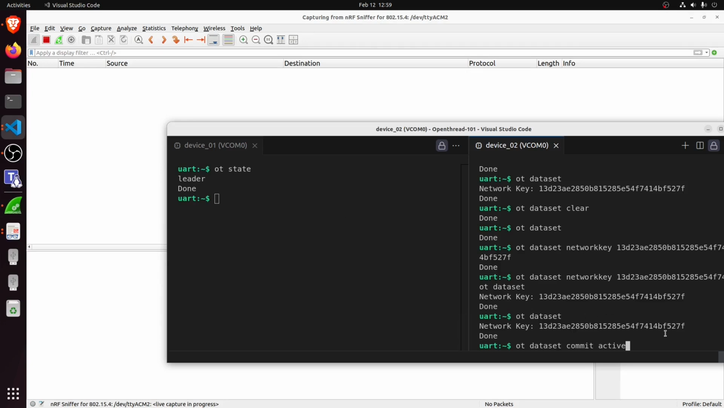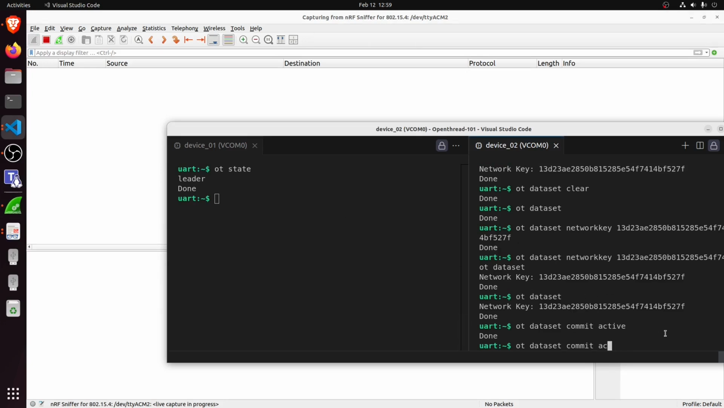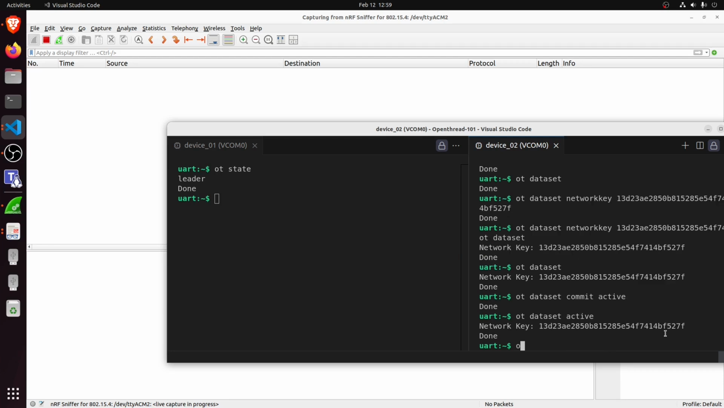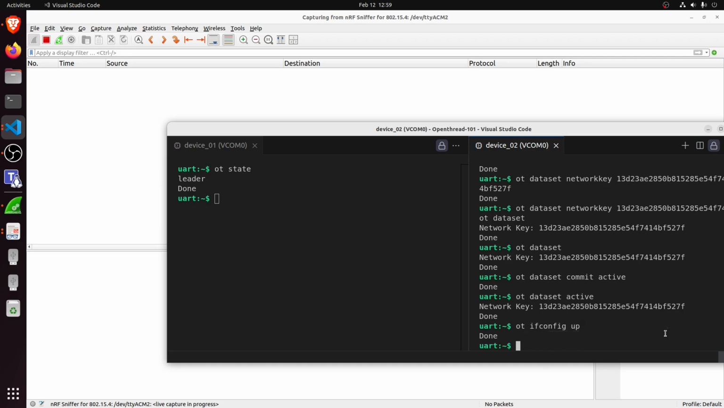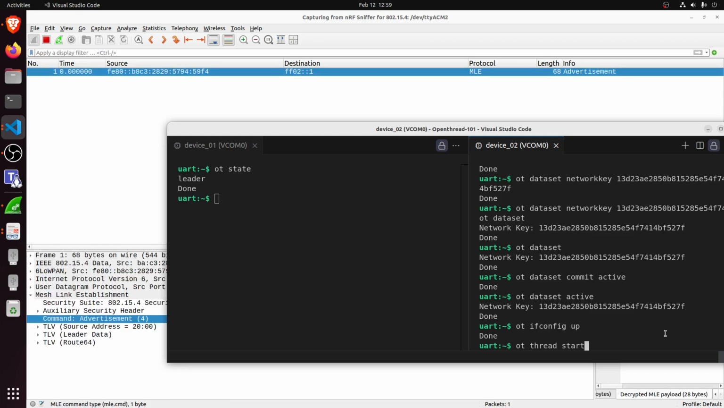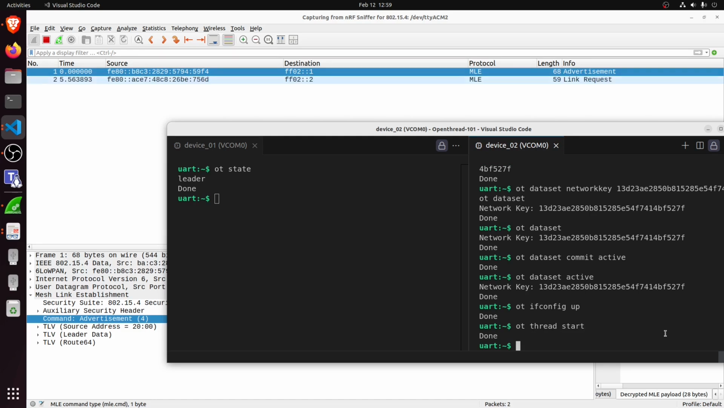OT dataset commit active, and then if we look at just the active dataset, just that. So what we do is ot-ifconfig up, ot thread start, and let's wait until we start seeing some packets so that we are sure that our capturing is working. Okay, so our device 1 is advertising, so device 2 does a link request, another link request,